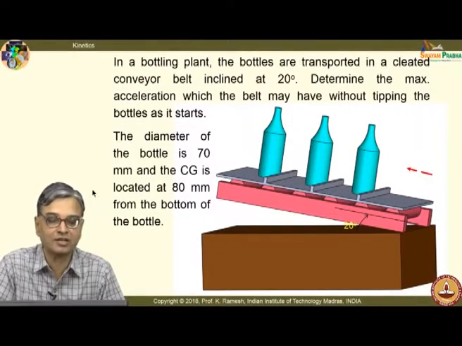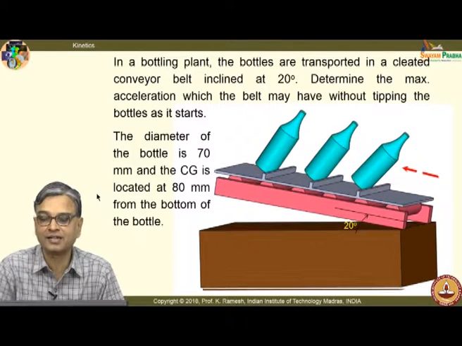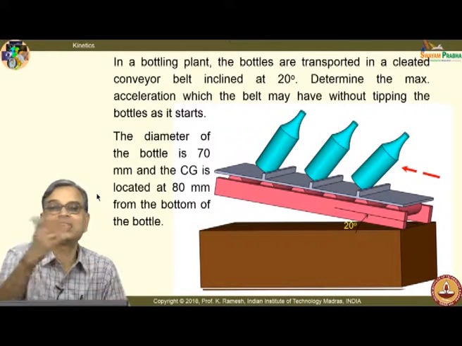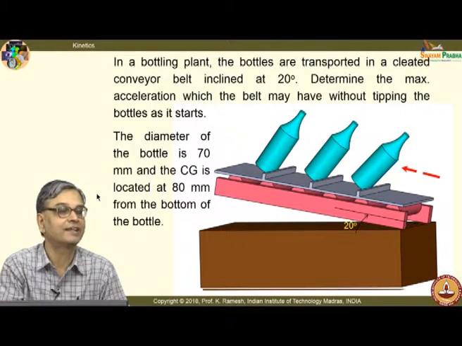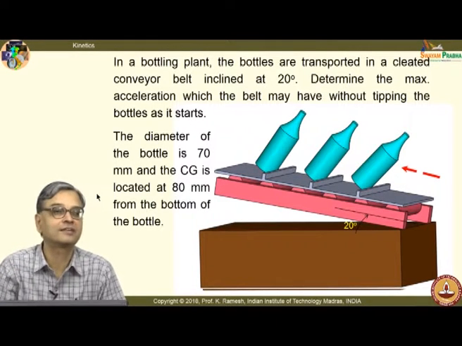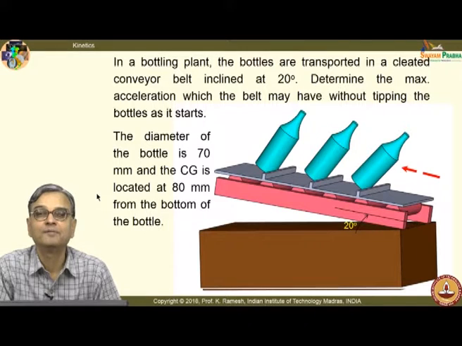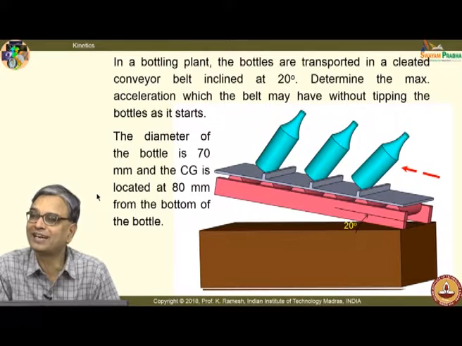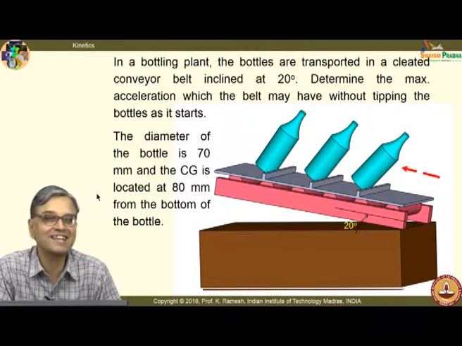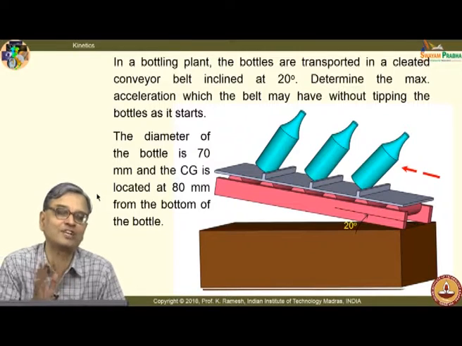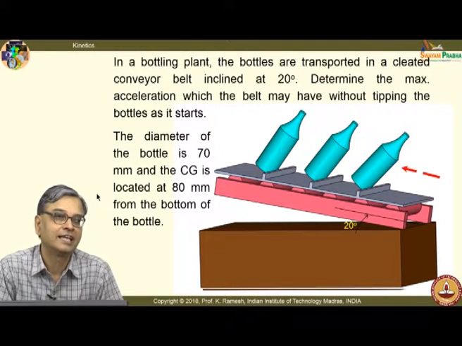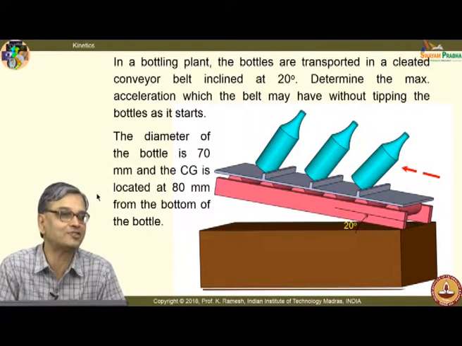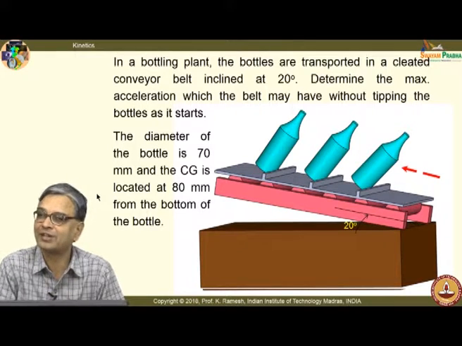Look at this, this is what the animation shows. When the acceleration increases, the bottles do not remain straight, they tip off. You may want to fill something in the bottle, but now the bottles will not be ready to hold the fluid. So, just to increase the productivity, do not blindly go and increase the acceleration. First you have to understand the essence of the problem. A book does not show you that the bottles are tipped like this. I have the advantage to show you and visualize to aid your thinking.